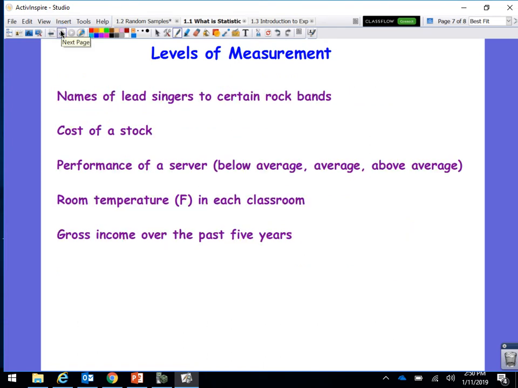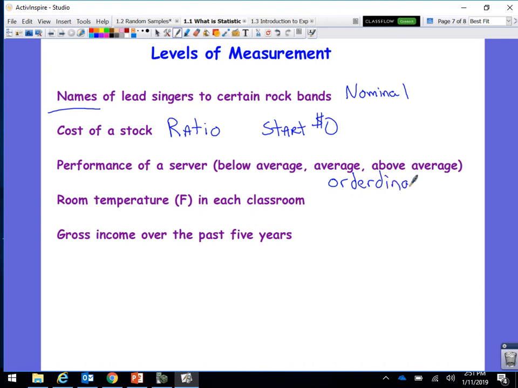Okay, so levels of measurement. If I want to talk about the names of a rock band, here we go. We've got nominal because of names. Cost of the stock, ratio, because you can start at $0 for your stock. Performance of a server, below average, average, above average, okay, ordinal. Room temperature. Now be careful, it's Fahrenheit, so it's going to be